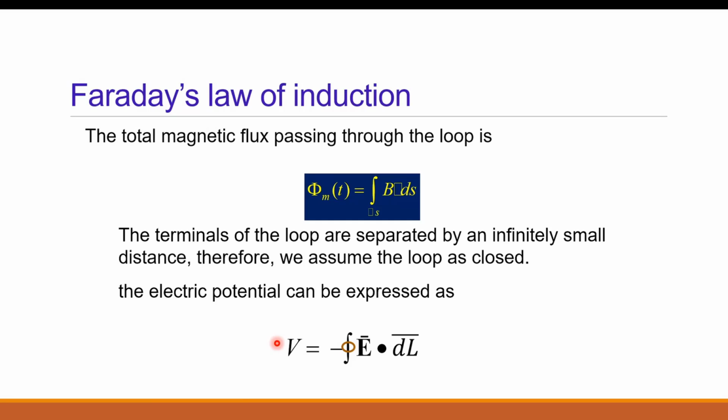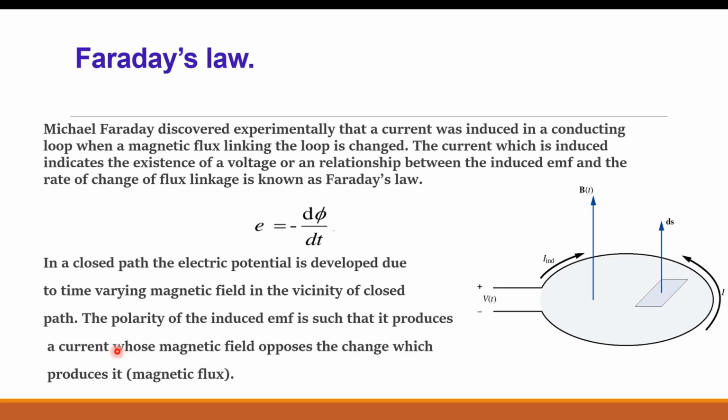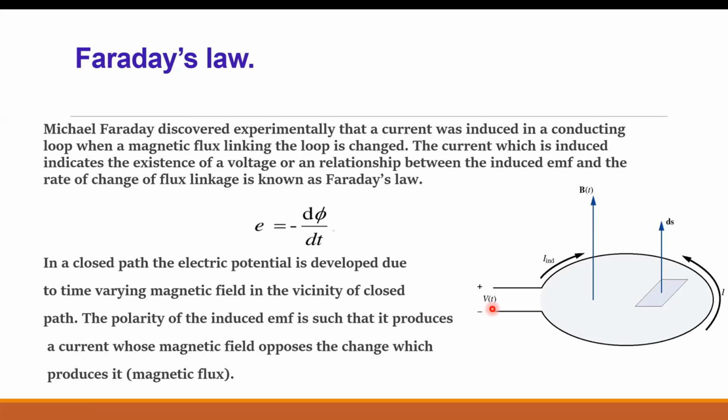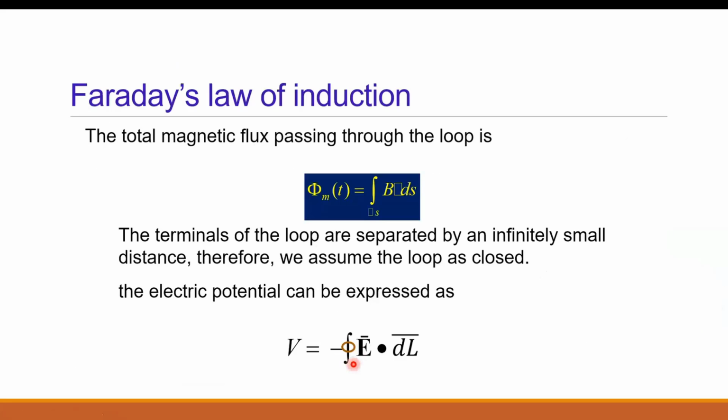So we can apply the same relationship that we derived already in the electrostatic field and use it here. Whatever EMF is generated, we can call it potential, and that potential is given by minus the closed integration of E bar dot dl bar. Why closed? Because the path was closed. At the secondary side, the path is closed. So V is given by minus the closed integration of E bar dot dl bar. E bar is the electric field that is applied, and dl bar is the path through which that electric field is circulated.